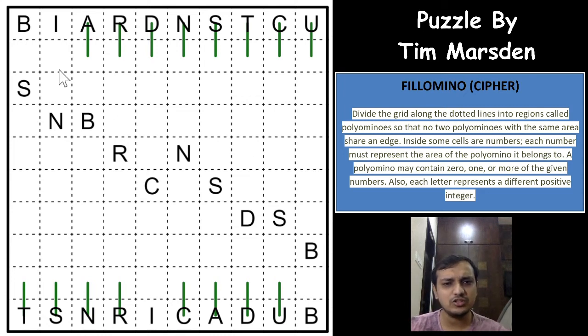Before explaining the logic, you will have to see the number of cells in the grid. So usually in a Filomeno puzzle, sometimes you will have the maximum count of logic. So what does the maximum count of logic mean? This is a 10 by 10 grid, which means it has 100 cells. Sometimes in a normal Filomeno, you will have the numbers in such a way that when you take the minimum value of all the numbers, for example, let us assume that D and D will